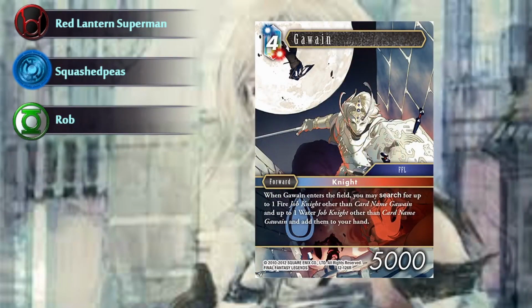All right, next card. Gwaine. This one I'm not too sure about. 4-cost water fire. When Gwaine enters the field, you may search for up to one fire job knight other than card named Gwaine, and one water job knight other than card named Gwaine, and add them to your hand. It is a 5k. 0 cost forwards, always valuable. Yes, very. But how is knights doing as a...